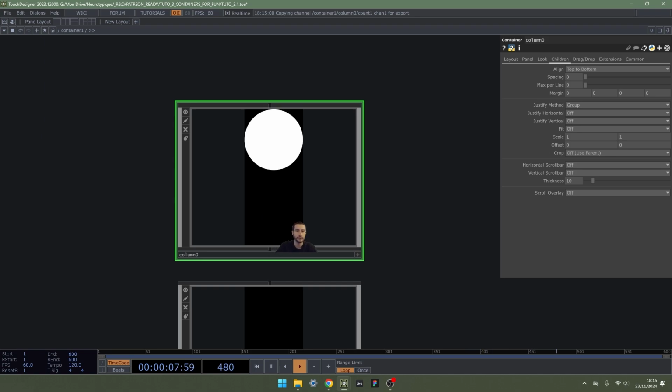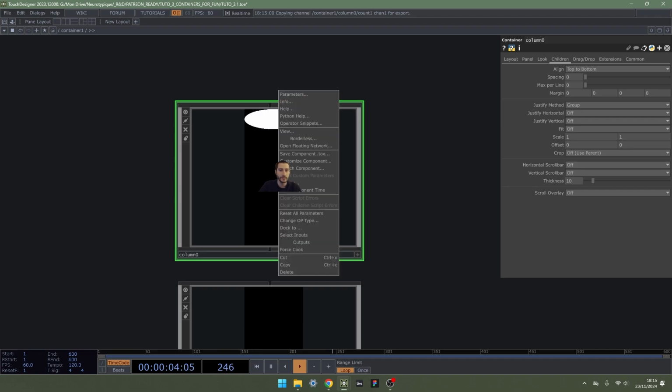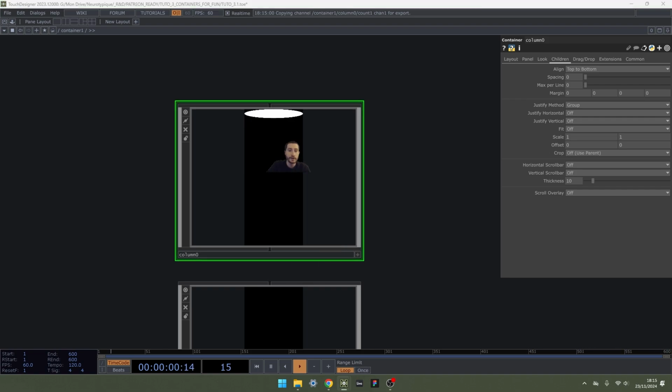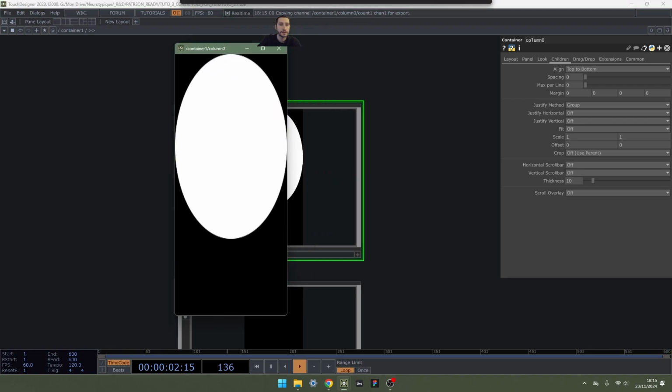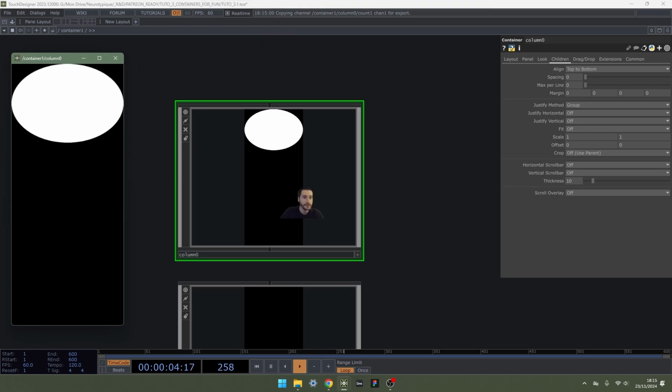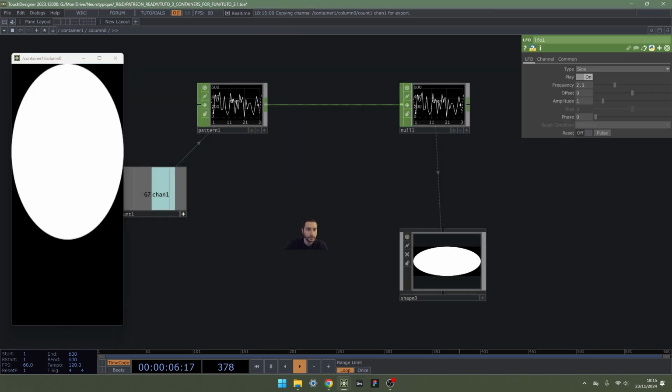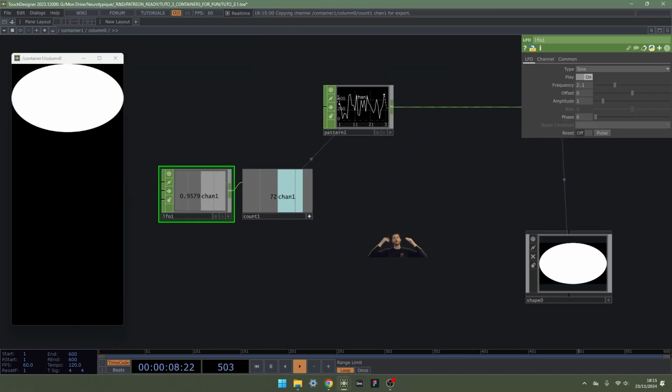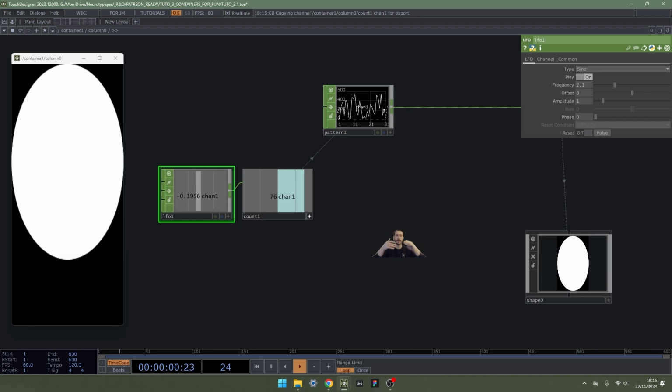Okay, nice. That's a good start, and most of the work is done. So we can review in real time what we're doing. Let's just right click on this container and click view. So we can have a nice little window, and we don't always need to go up and inside, up and down, inside, outside, just to see what we're doing.